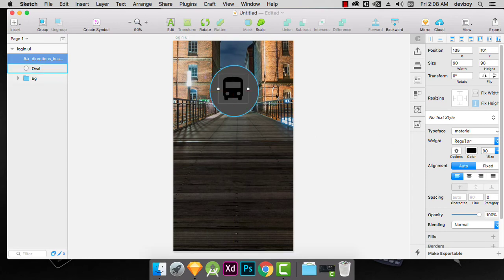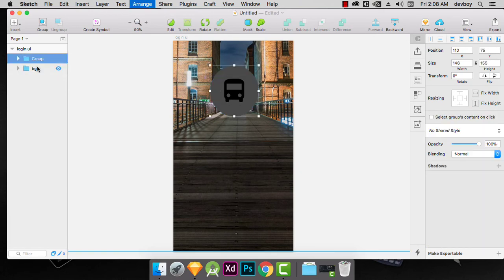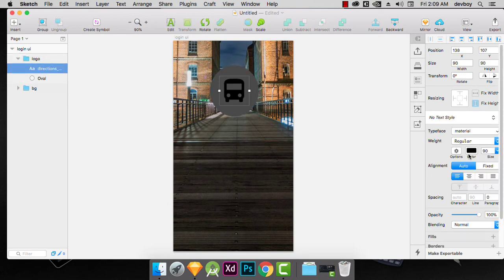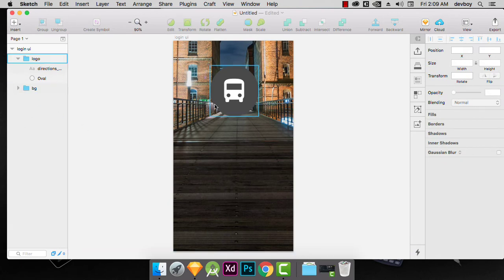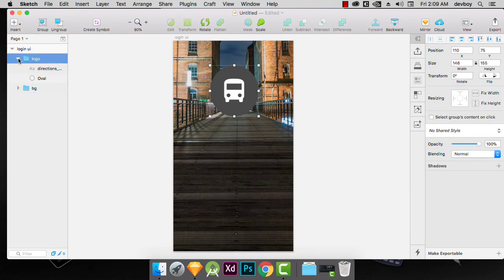Perfect for me. Just center it. You can use this from here and group it also, and name it logo. Before you start, just select this and make it white color. You can use any color of this. For now, after creating background and logo, we have to create